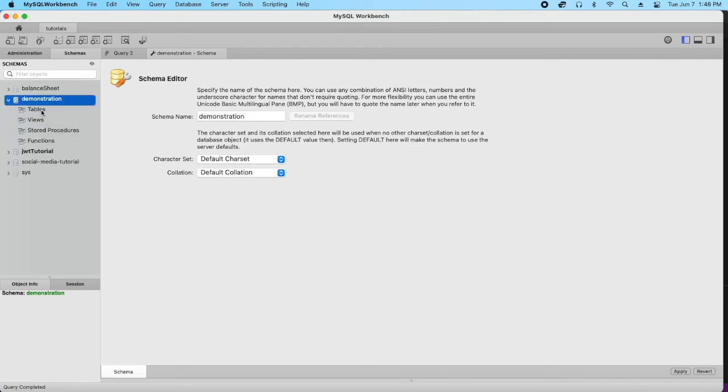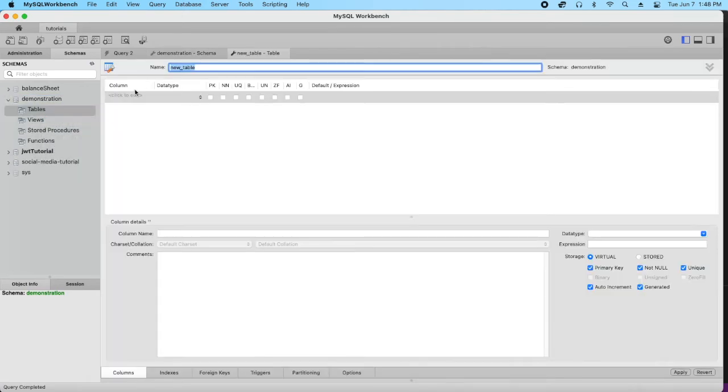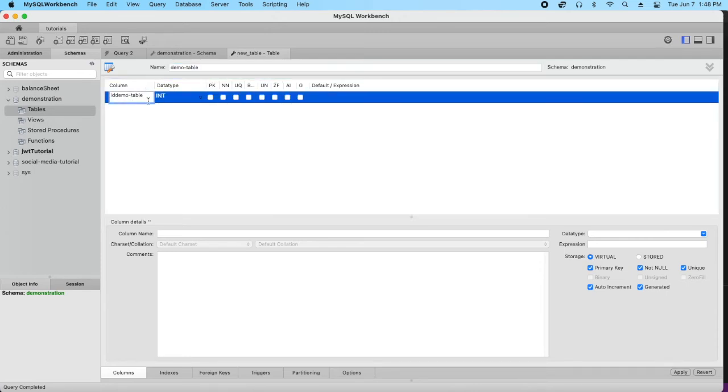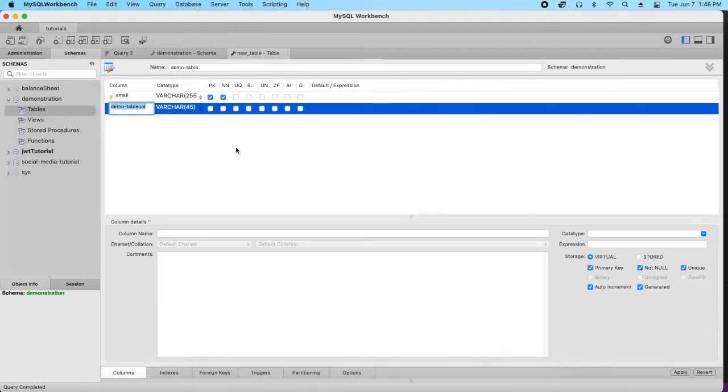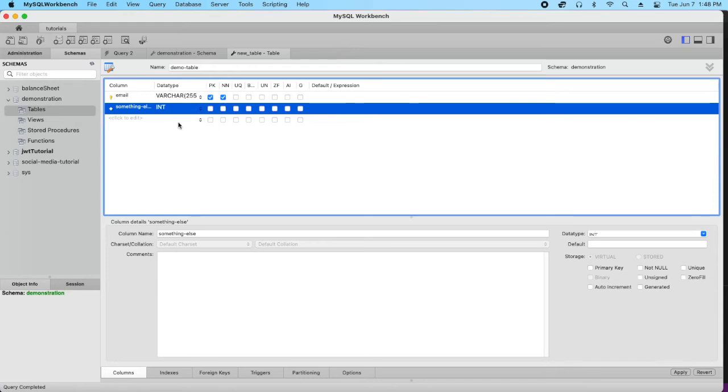Let's create a table. Right click, name the table something, and we're going to need a key, something unique that we can identify with. This will just be some characters like a string, 255 characters max. This is something else. Ultimately I want to make this, let's say for instance